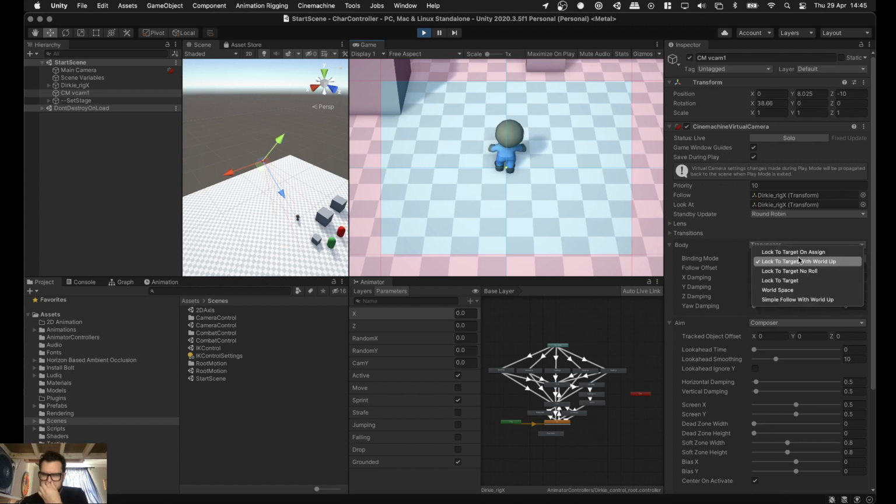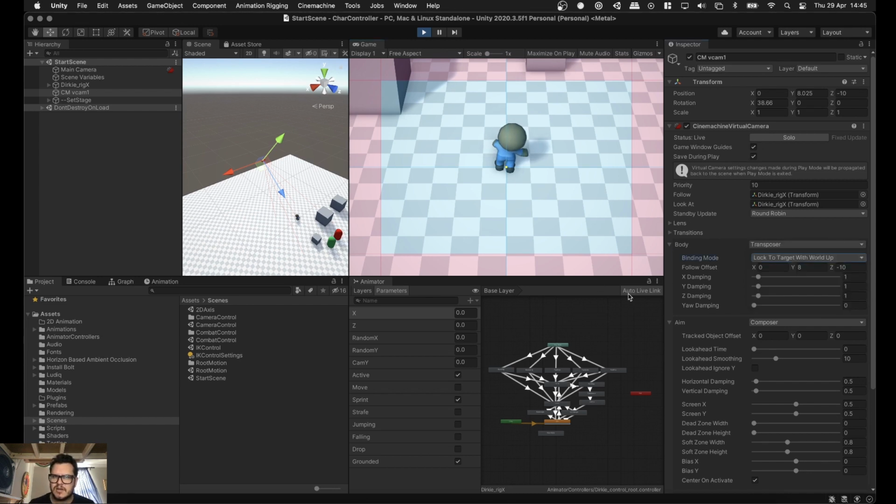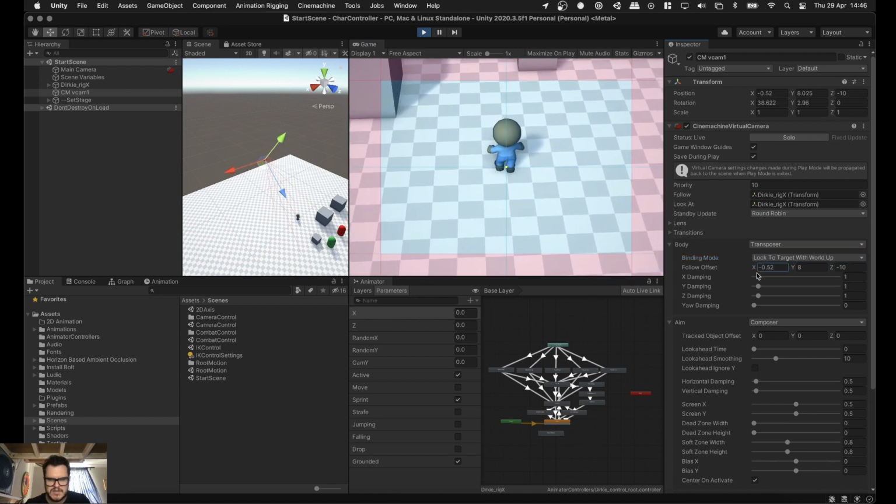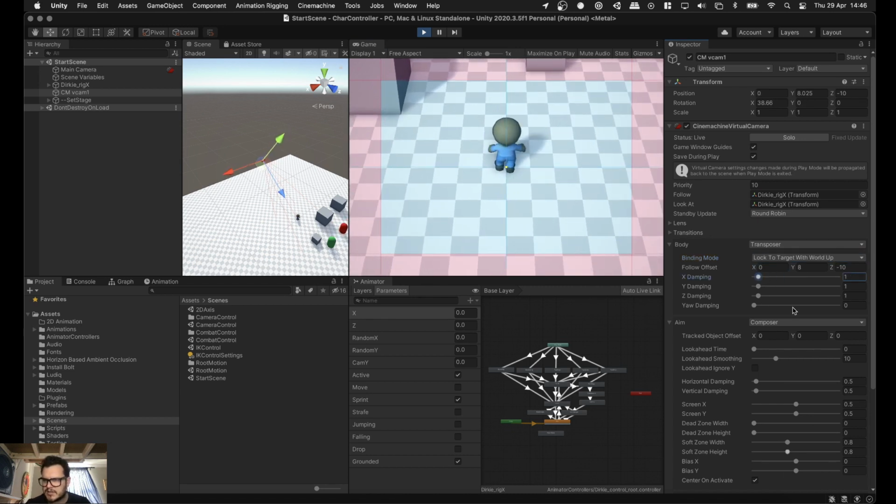Oh, it's a lock transposer. Okay, so nothing's happening with this. It's a fairly basic static lockdown camera. We can go and play. We'll do the offset stuff and play with the dampening,